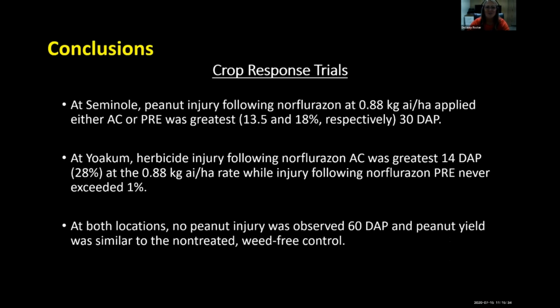So just some summary and conclusions for our crop response trials. At Seminole, peanut injury following Norflurazon at the 2x labeled rate, which is 0.88 kilograms of AI per hectare, applied either at crack or pre-emergence was greatest 30 days after planting. While at Yoakum, herbicide injury following Norflurazon at crack was greatest 14 days after planting at the high rate, while injury following Norflurazon pre never exceeded 1%. However, at both locations, no peanut injury was observed by 60 days after planting, and peanut yield was similar to